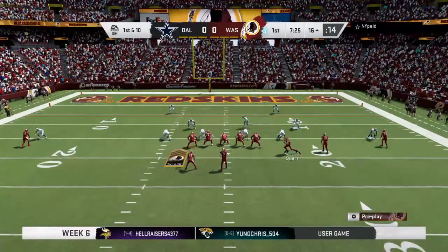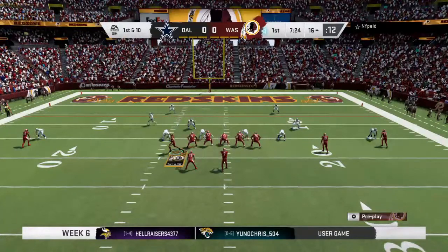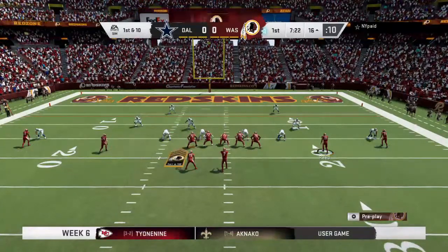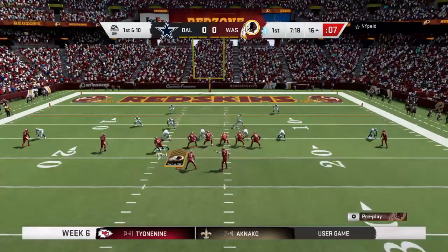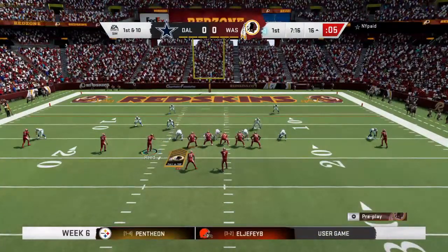Right there, 54 Mike. Here we go. Go. 54 is Mike. Check. Watch 54. Watch 54. Hey, we got to get this stop here,